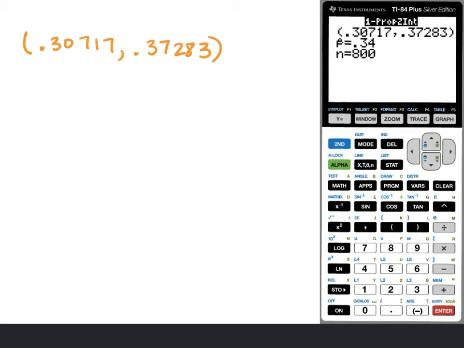All right, so if I want to interpret this, I need to start with how confident I am. So we did a 95% confidence interval, so we are 95% confident. Now, what am I confident about? Well, the problem that we were dealing with this entire time was that we have these students, 16 to 17-year-olds, living in the United States, who text while driving, who use their cell phone to text while driving. So we are 95% confident. I'm going to go back to what I just had in part C. I'm just going to repeat that. So the proportion of 16 to 17-year-olds who text while driving. So we are 95% confident that